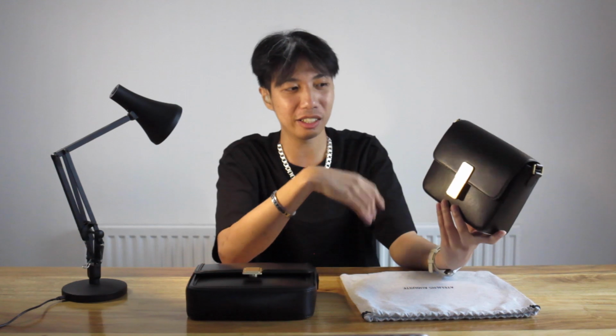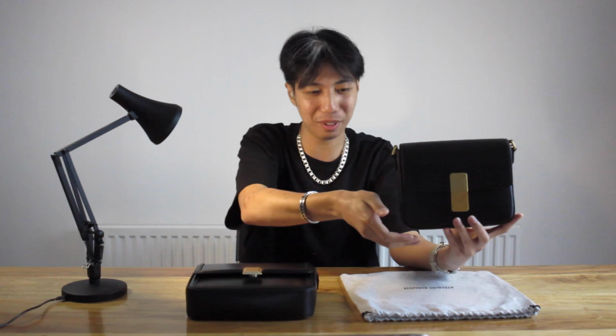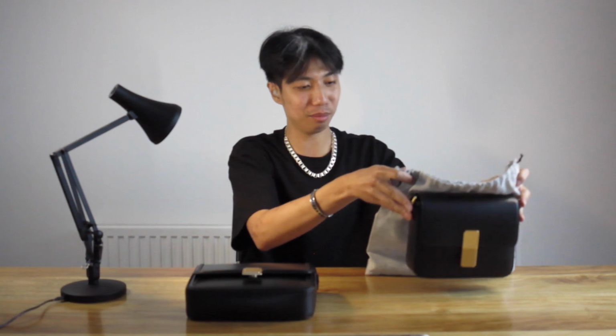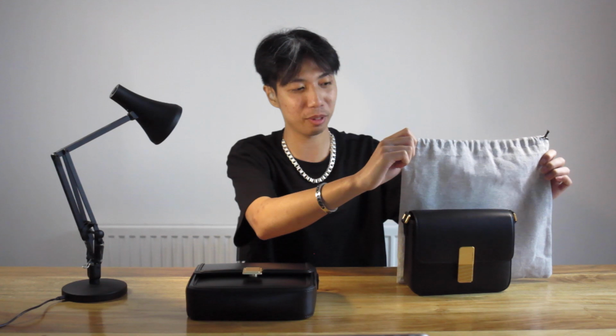They do have a bigger version of the mini Monceau, which they call the Monceau, both in gold edition and non-gold. It's basically the same size, just a little bit bigger. I could say it's a little bit big as a bag, the plus bag. So it might be around this big. This might not be the representation of how big it is, but roughly around that size. So yeah, and then again,